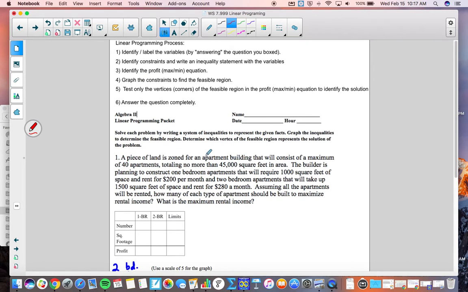A piece of land is zoned for an apartment building that will consist of a maximum of 40 apartments. So 40 units within one big building, totaling no more than 45,000 square feet. The builder is planning to construct 1-bedroom apartments that will require 1,000 square feet of space and rent for $200